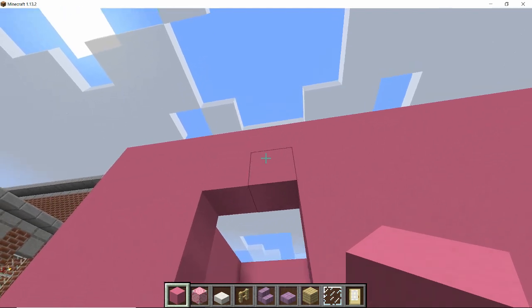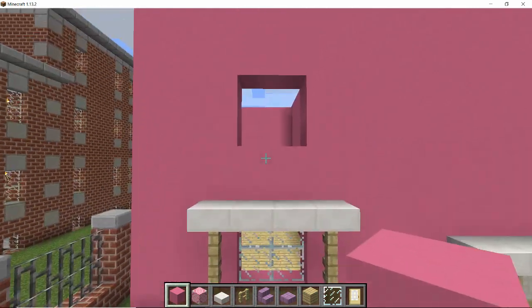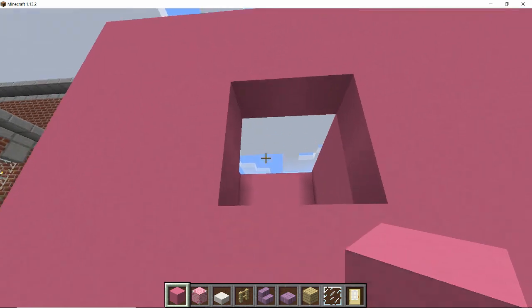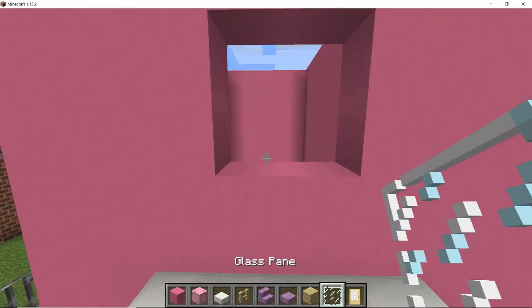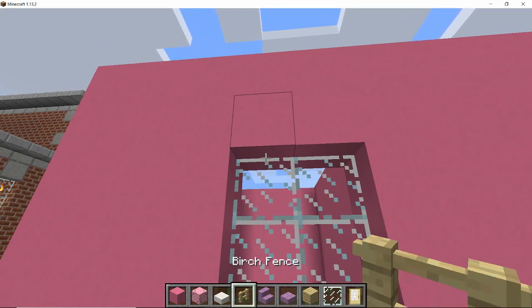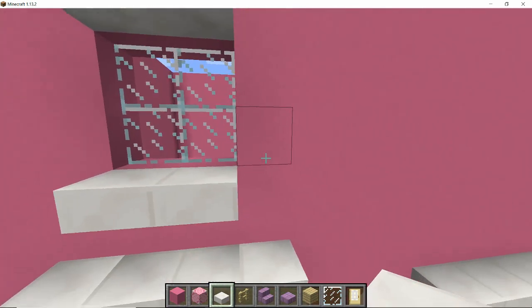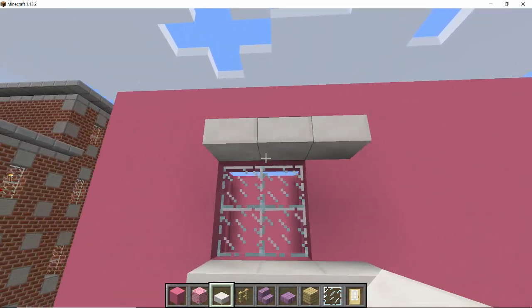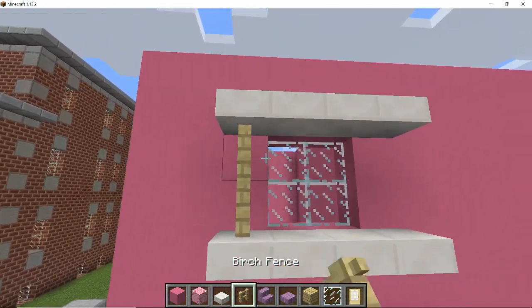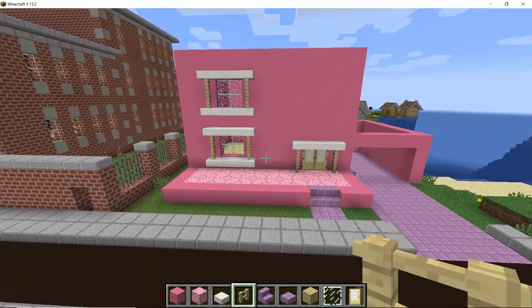You'll have 2 full blocks above where the window is. It might be easier to count down from that. Make sure it's in line with the lower window. Count down 1, 2 blocks. Put your glass pane in your window, put your slab above and below, and then put 1 to either side of where you started. Grab your birch fence and put little supports in the middle like so, and then you've got a beautiful little